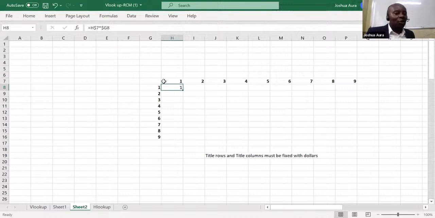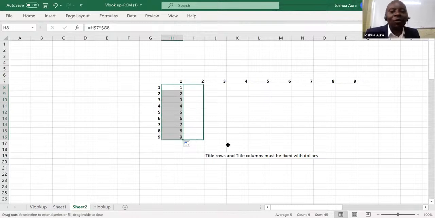We have our title row 7 having been fixed. We have our title column G having been fixed like that. And if that is the case, then I can very comfortably come and now drag that thing. It will be star 9 comfortably, and I can now drag it either way. I can drag it either way, up to 9,